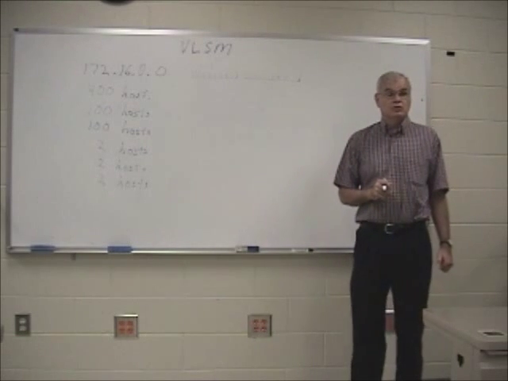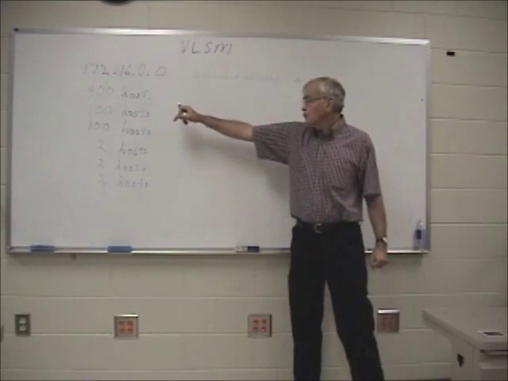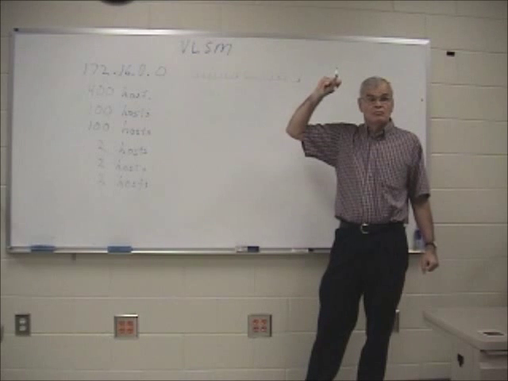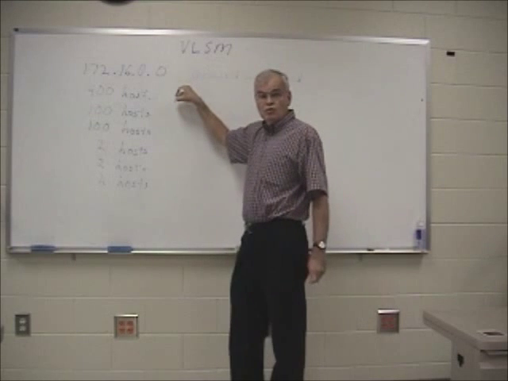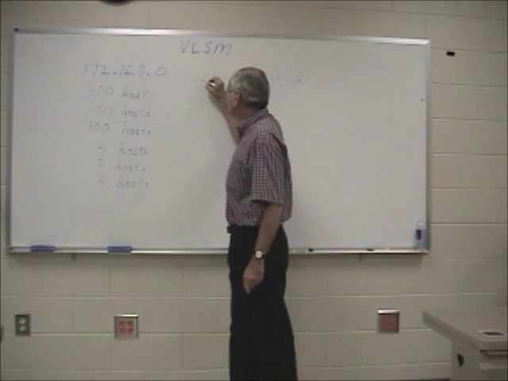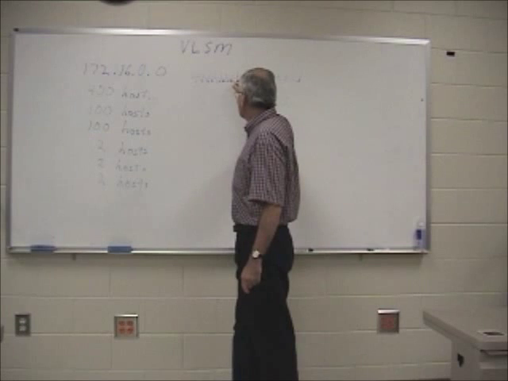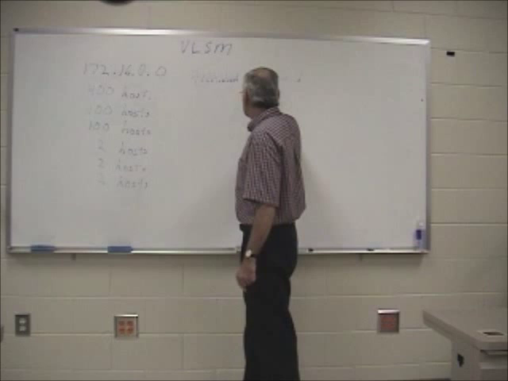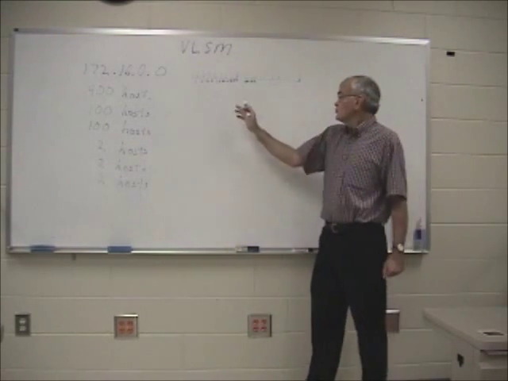How many bits are we going to need to borrow to set up a subnet that contains 400 hosts? Remember, we're going to number from the left in this case and count down. So the 1 to 2, 4, 8, 16, 32, 64, 128, 256, 512. Okay? Oh, so we can get it in